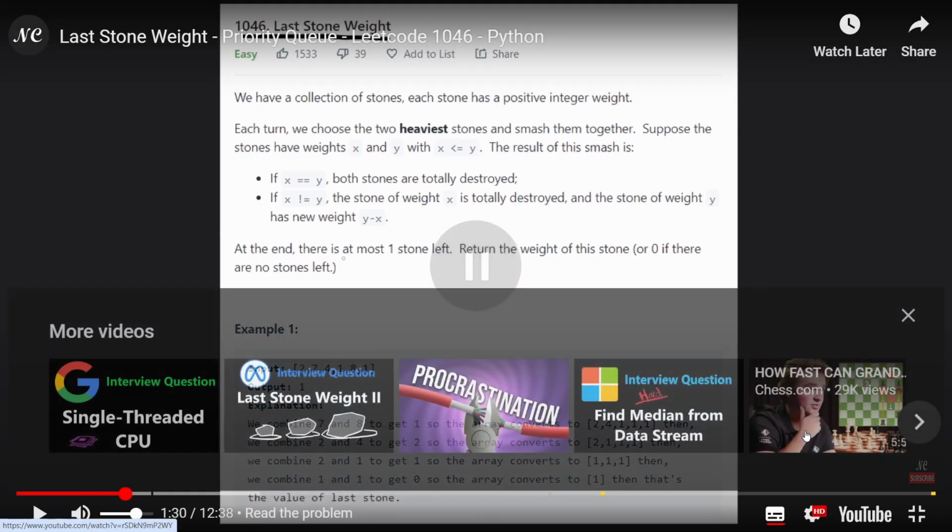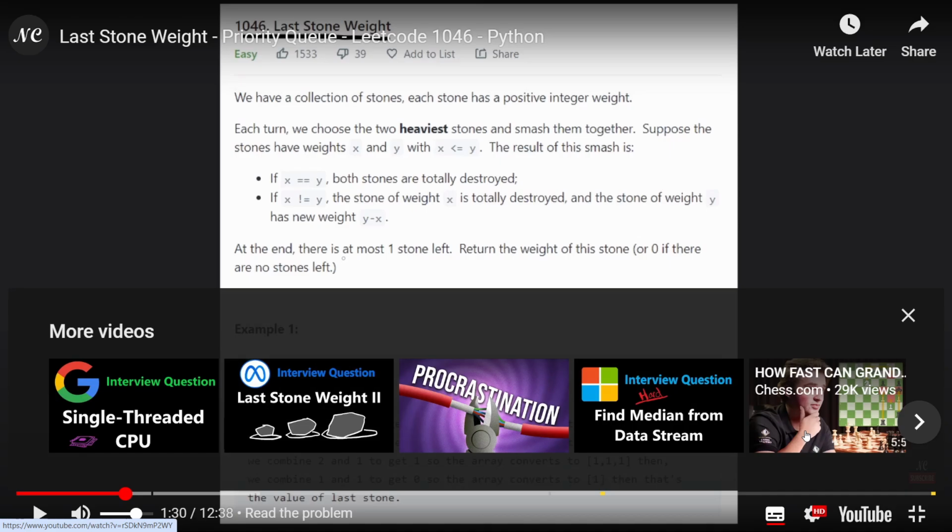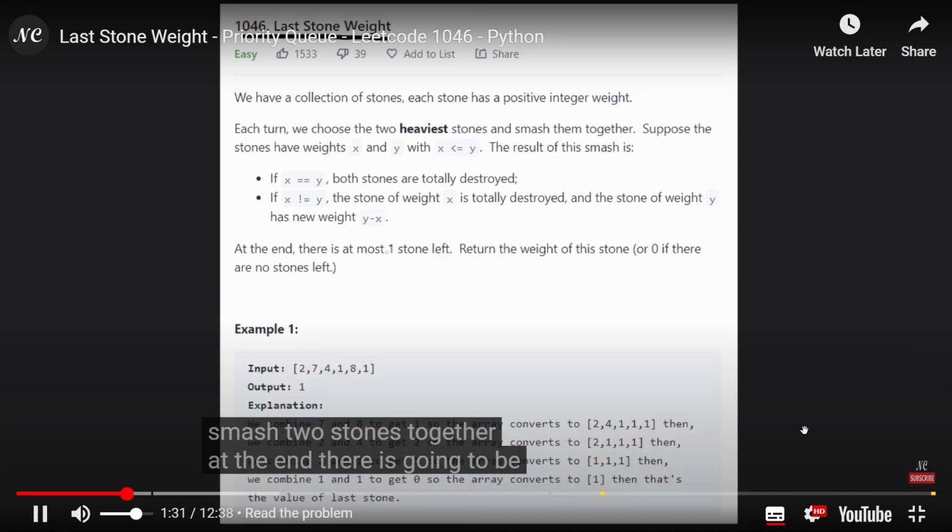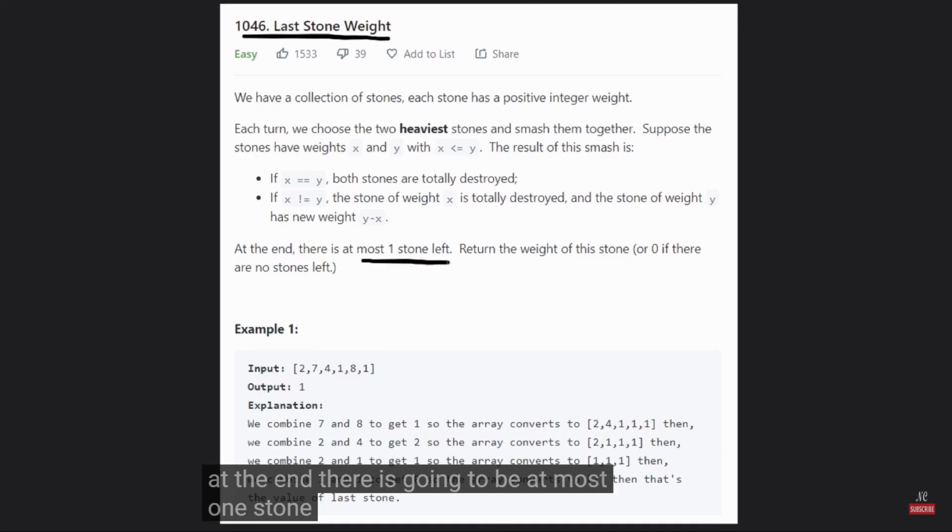I wonder how we will queue it based on the weight of the stones. Will we use binary